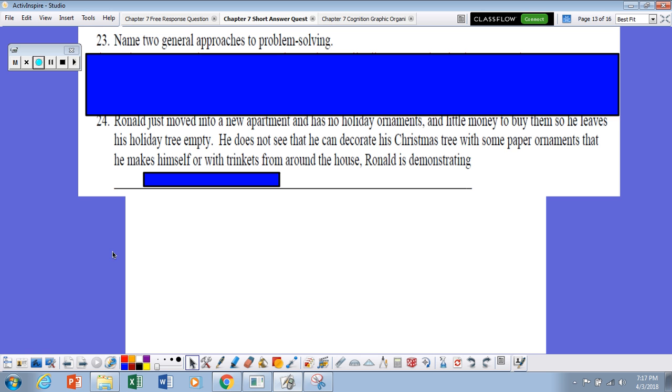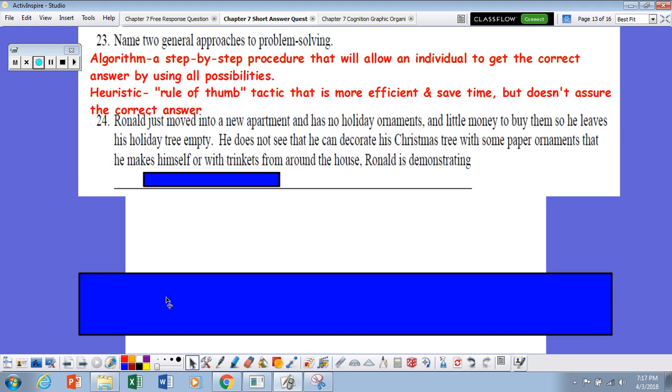Number 23, name 2 general approaches to problem solving. And the first is an algorithm, which is a step-by-step procedure that will allow an individual to get a correct answer by using all the possibilities. A great example of this is using certain formulas like in mathematics. The other approach would be a heuristic, which is kind of known as a rule of thumb. It's a tactic that is a little more efficient, it saves time, but it doesn't necessarily always ensure a correct